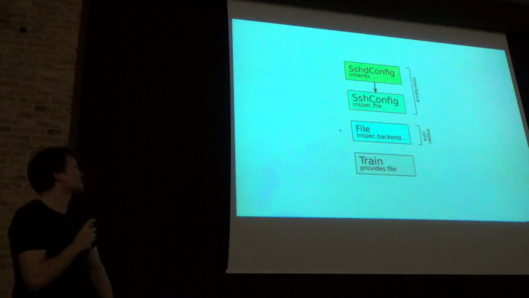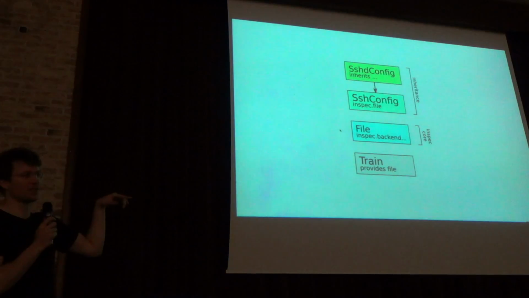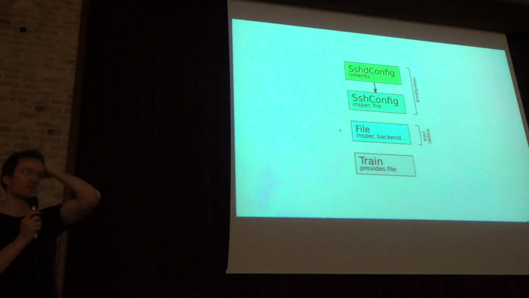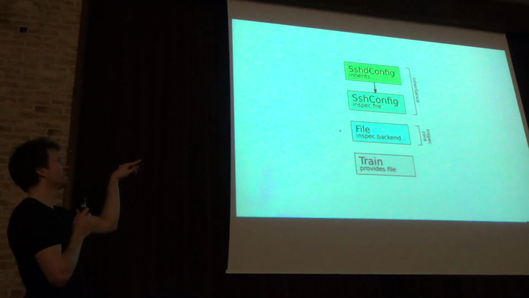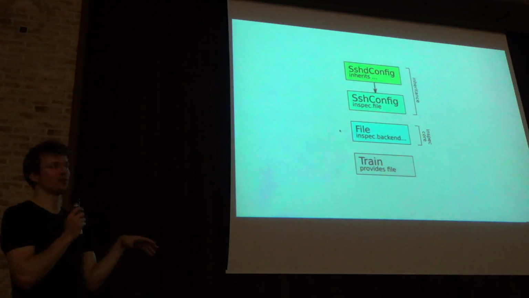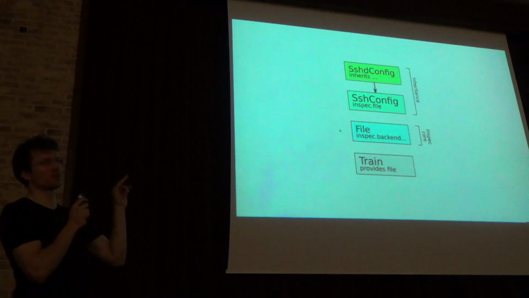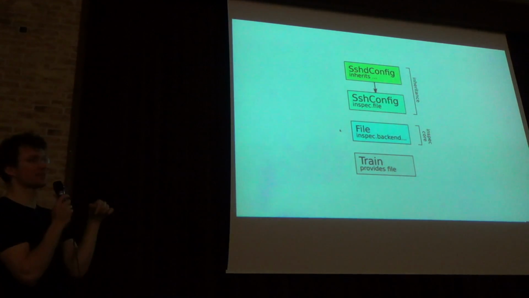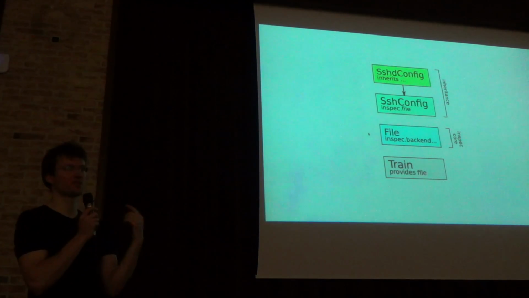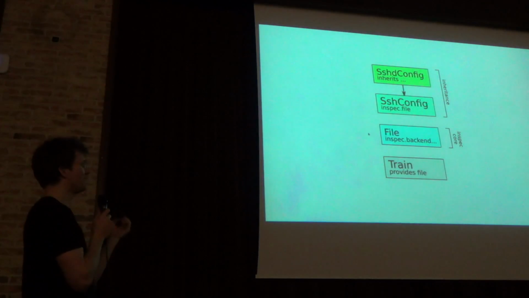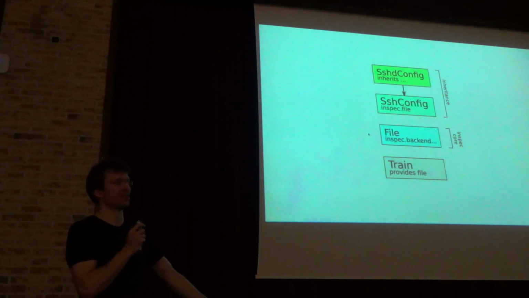And the way in which it works is basically this. And this is a real example out of the InSpec code. Because all of the resources which we have in there have been constructed the very same way. For instance, the SSHD config actually inherits everything from the SSH config, because they are in principle very similar. The SSH config then uses InSpec file to talk to the operating system. And that file resource basically talks to train, which I mentioned before. It's this transport interface, which is the unified way of talking to whatever operating system you're at. And that provides the file in the end.